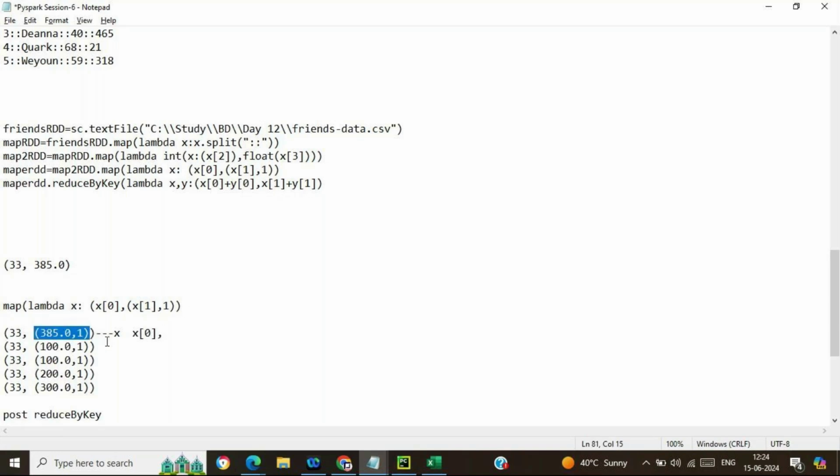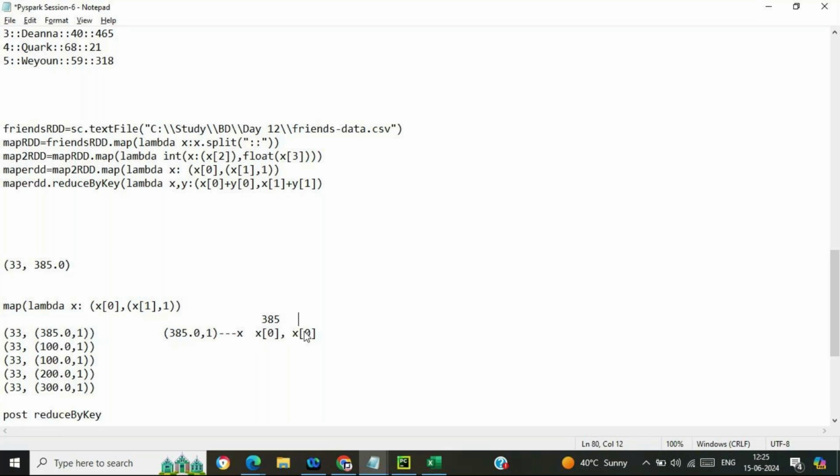Just focus on this. If this is x, then x of 0 is 385, and x of 1 is what? 1.